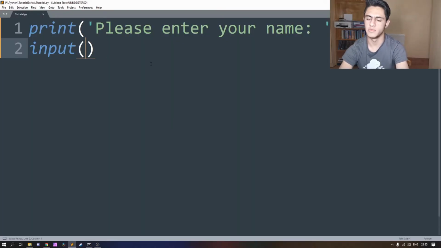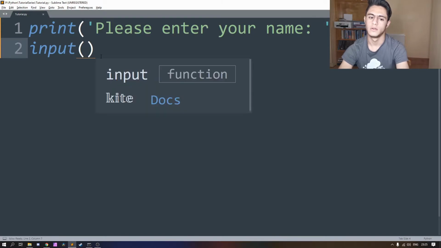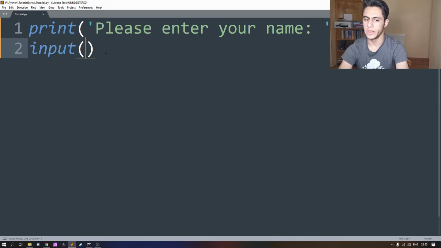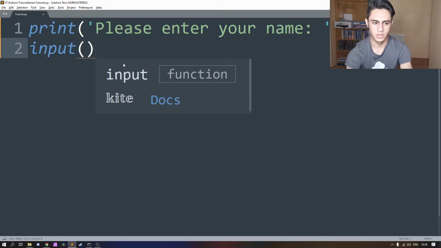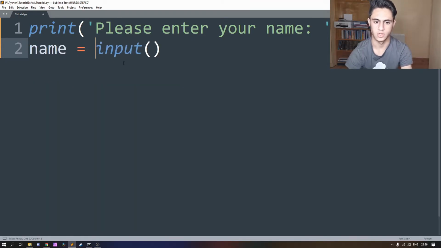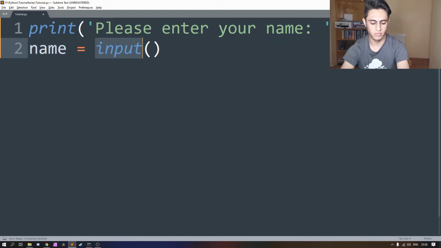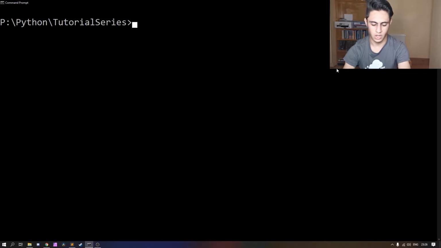But the thing is, this hasn't been stored. Yes, I entered it, but I cannot use the name of that person. Like they were able to enter it, but I didn't store it, if that makes sense. So what we're able to do is we can put name equals variable assignment again. In Python, the default variable data type is a string until you say otherwise. So I said please enter your name, and then I put a new line, assign a variable called name to the user input. I can come here and run the program,